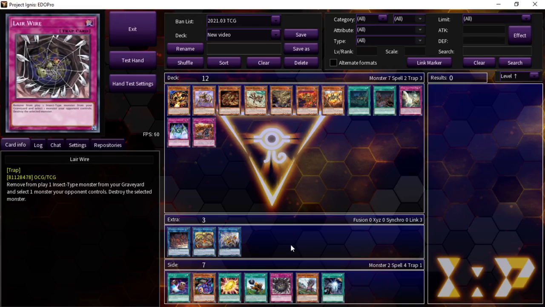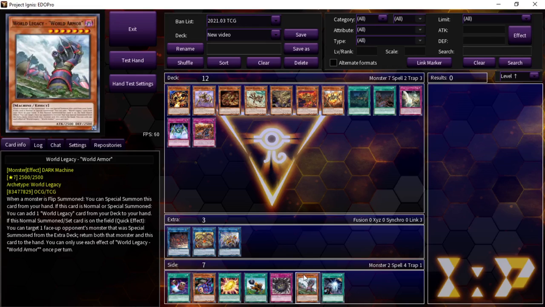a card that you can put in this deck, since you're going to be summoning monsters face down, and you're going to be flip summoning them, assuming you make it to your next turn, is World Legacy Armor. Because if a monster is flip summoned, you can special summon it from your hand, and then if it's normal or special, you can add any World Legacy card, which include the field spell, the Excavate 5 kind of search, or the trap card,